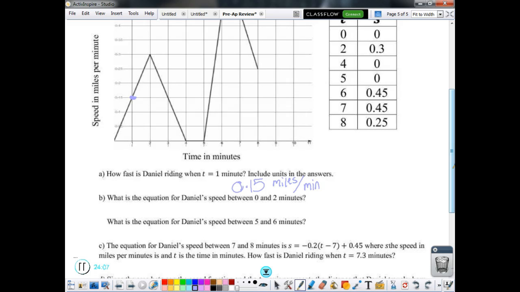Exactly. Why can I use y = mx + b? You can use y = mx + b, but why? It's linear, but what else? You know your slope. What else do you know? What's the y-intercept? It starts at 0, right? 0, 0. So my y-intercept is 0, so b is what? 0. So I just need my